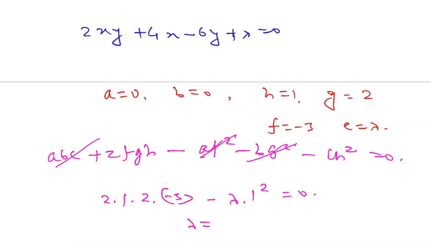Lambda is nothing but minus 12, because we know that del will be 0, then this will represent a pair of lines,